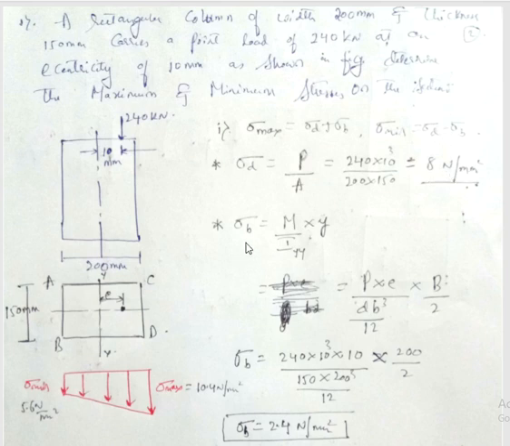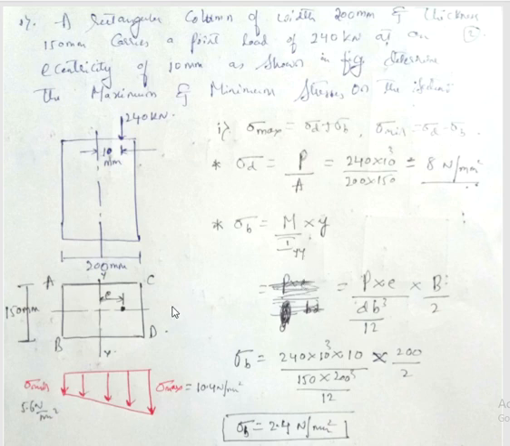Then bending stress is given by M by I into Y. I need to take it with respect to the Y axis because the eccentricity is with respect to the Y axis. When it bends towards the right, it will tilt with respect to the Y axis, so I need to take I by Y. Substituting the values, sigma b, M will become P into E, load into perpendicular distance, eccentricity E, divided by I by Y.